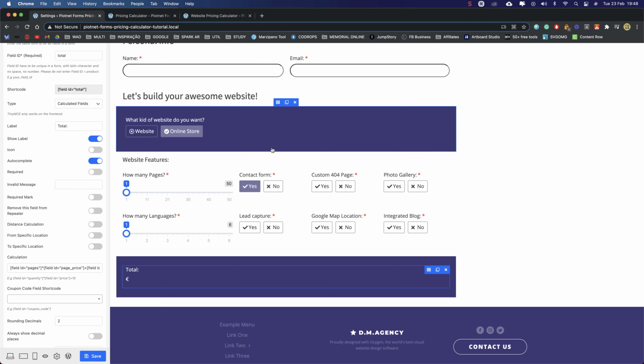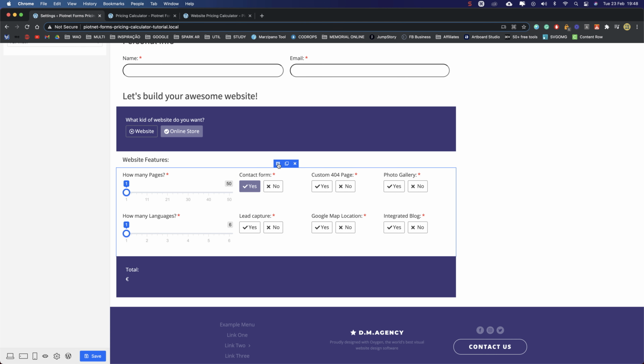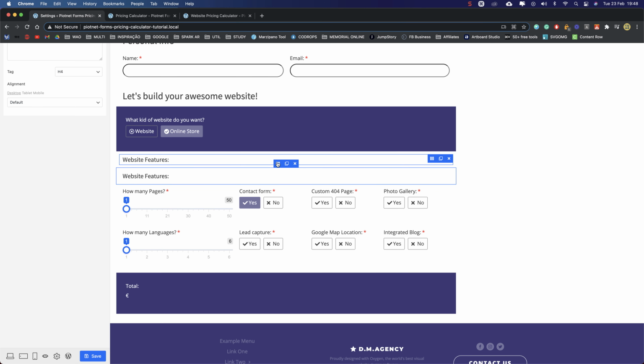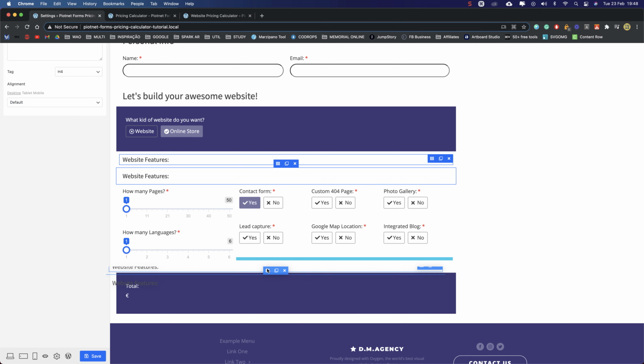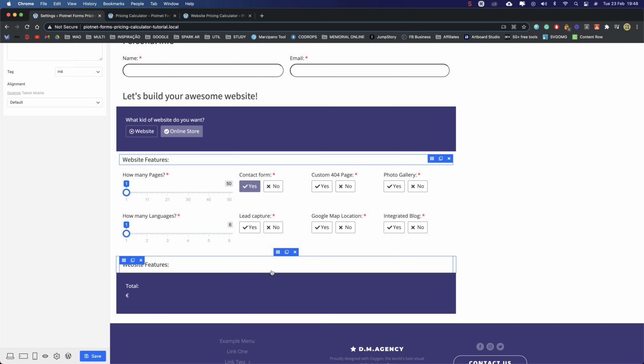Now, what we can do is simply grab this and duplicate this one, because this is for the, let's put it here. Sometimes it's hard to arrange things, and you can put columns inside of columns, so be careful with that.